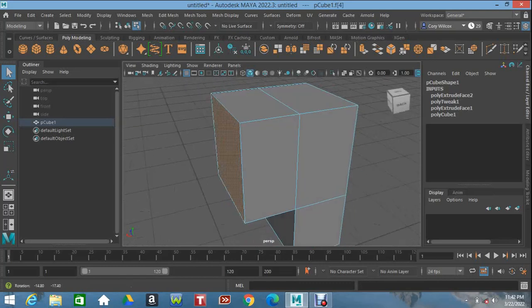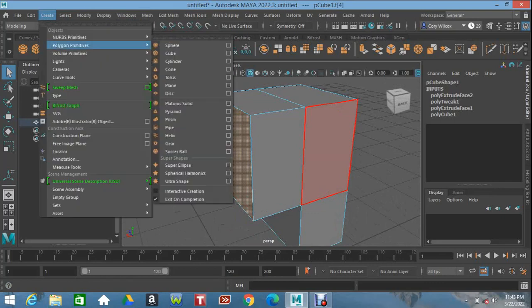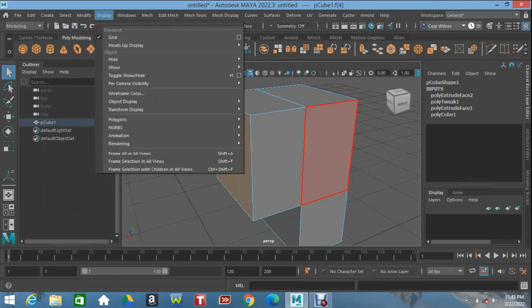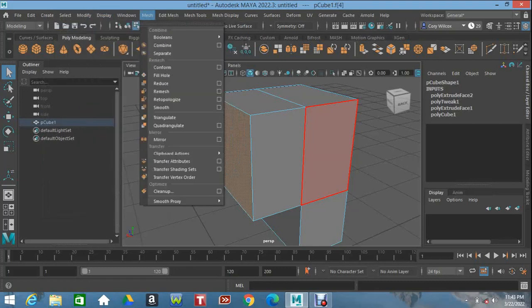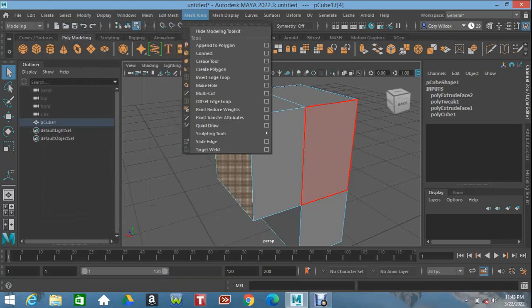So now that we're here, what you want to do is go to your mesh tool. And I'm going to go ahead and say the 3 important tools that you're going to be using to do this. Number 1, create. Create lets you select your primitives, polygon primitive, second down, and you can choose your shape. Then your most important is probably going to be between mesh, edit mesh, and mesh tools when it comes to